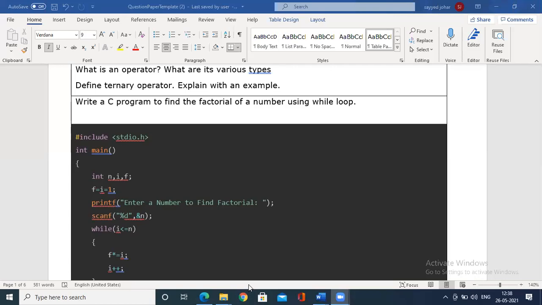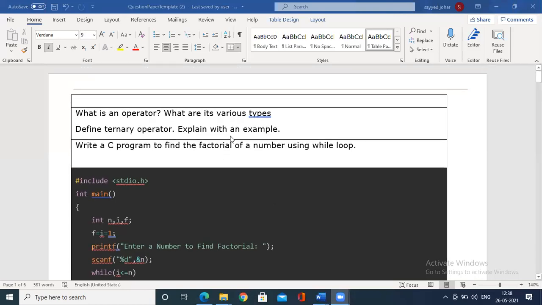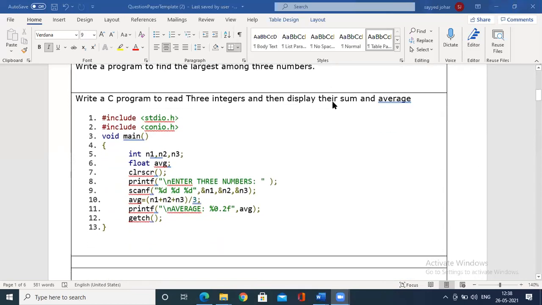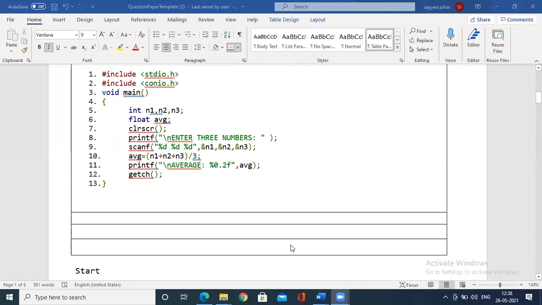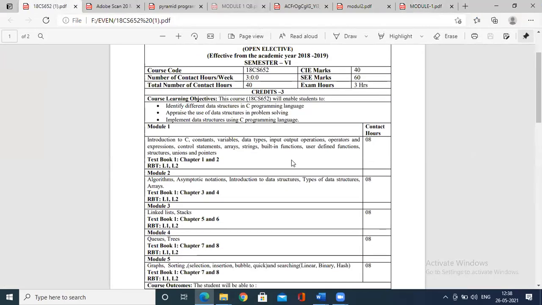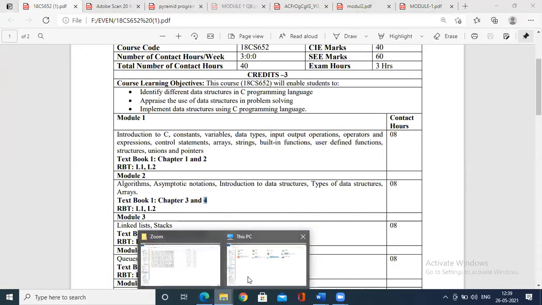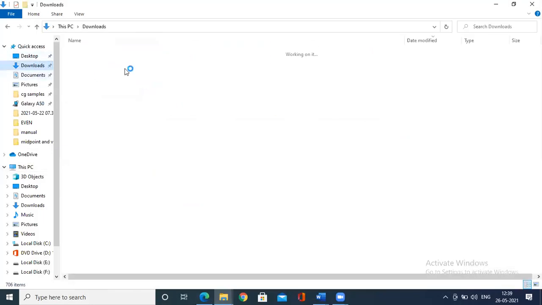The questions are divided as chapter 1 three questions, chapter 2 three questions, or options will be there. Similarly, from chapter 3 one question will be there, right? The syllabus in module 3 has chapter 3 and chapter 4. From chapter 3, one question will be there. In chapter 4, a few parts, as I showed last time in the Google Classroom, the red marked things are not there. I have shared that in the Google Classroom.